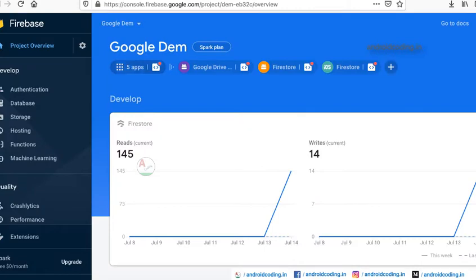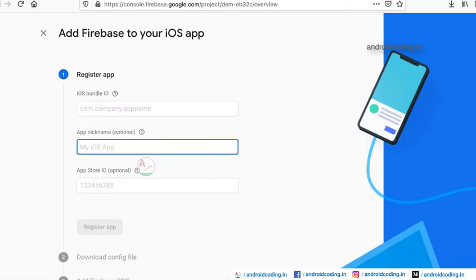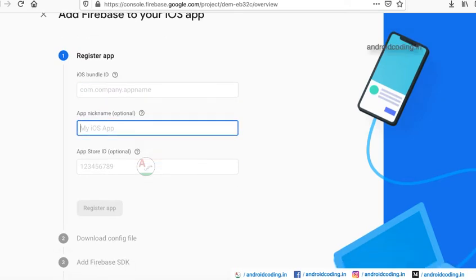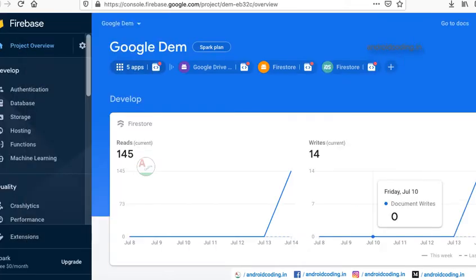Now let us see the project creation for iOS. In the same way, we need to add the package name, just like we did for Android, add the project name and click on the register button. Firebase will provide you with an info plist file.